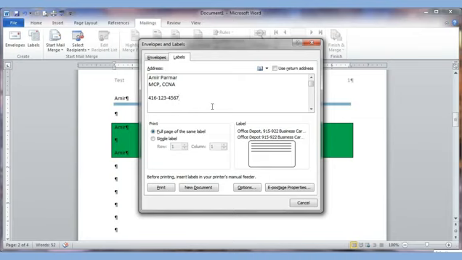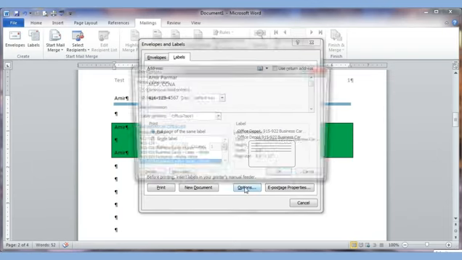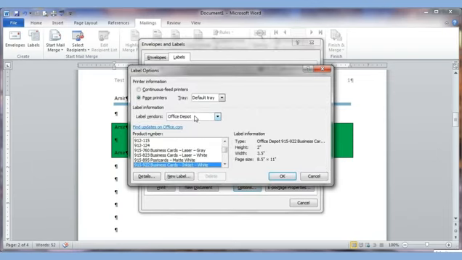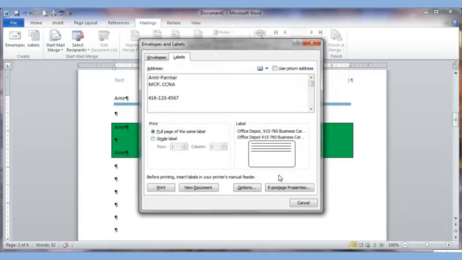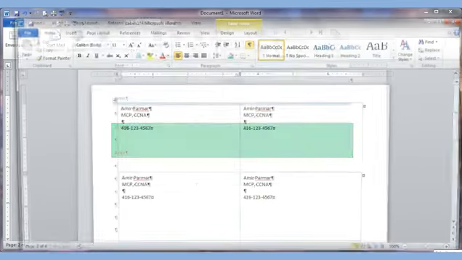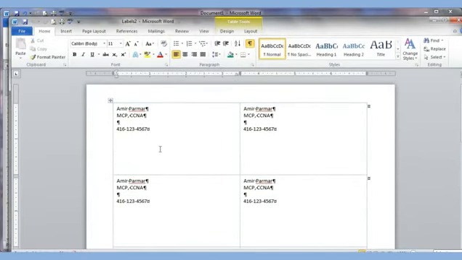With whatever information you wanted to type, and you see it says full page of same labels, so it will have it like that. Make sure you go to options, and I'm just going to stick with the Office Depot labels, and I'll just pick this product number right now. Click OK, and I'll just click on new document, and right there you see there's my business card set up,